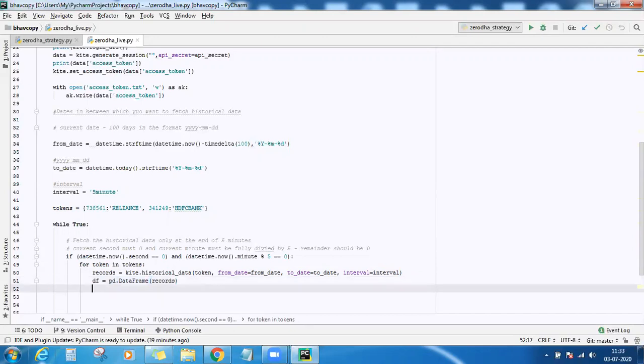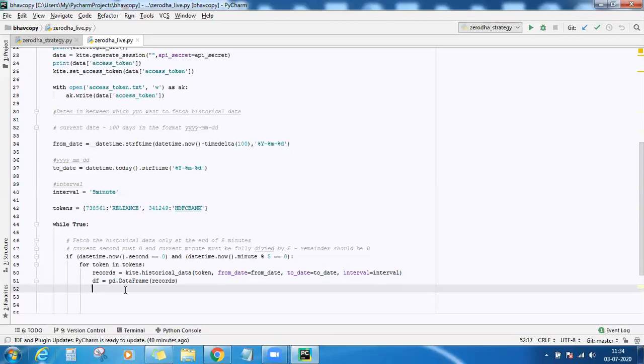So now df contains your data frame. And this data frame is nothing but a table inside which all the historical data is there. So the first column will be the index, the second column will be the symbol or the instrument token, then open, high, low, close, and volume. So this is the data frame that you have inside this df now.